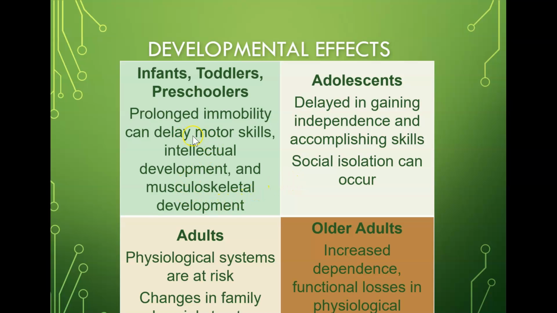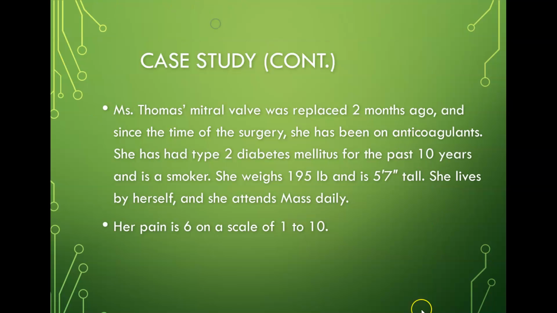As far as infants and toddlers, immobility can affect them. It can delay their motor skills, their intellectual development, and their musculoskeletal development. With adolescents, there is a delay in them gaining independence and accomplishing skills, and also social isolation can occur, which can be very difficult. Adults tend to have more